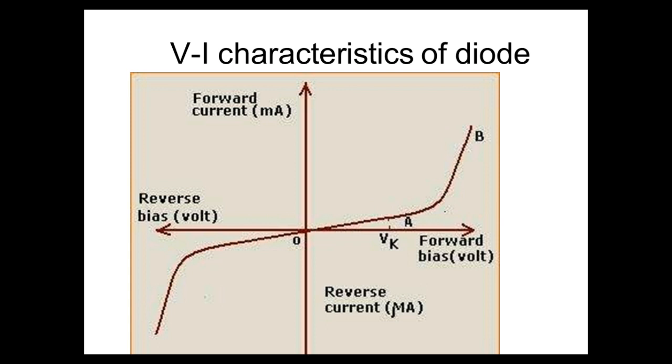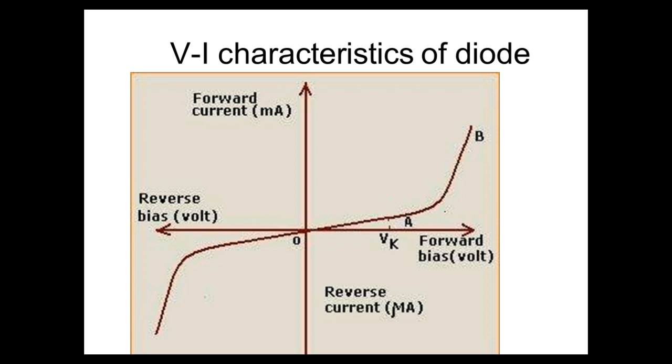Okay, up to that there will be very little current because the forward bias voltage is less than the barrier potential. When it crosses Vk, that is the knee voltage, then the barrier potential becomes less when compared to the forward bias voltage, and the depletion region will become insignificant, and the charge carriers will easily move. This will contribute more current. So you can see the sudden increase in the current from A to B particularly.